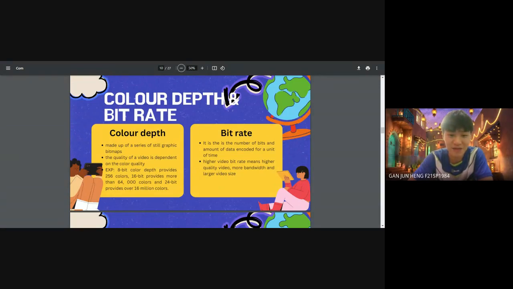Okay, the bit rate is the number of bits, the amount of data, encoded for a unit of time. I think we always see the bit rate in our videos, where we can choose the quality of our video, like 360 or 480. That is also affected by the bit rate. Usually we measure the bit rate using Mbps, and same as the others, the greater the bit rate, the higher the quality of video, which means it needs more bandwidth